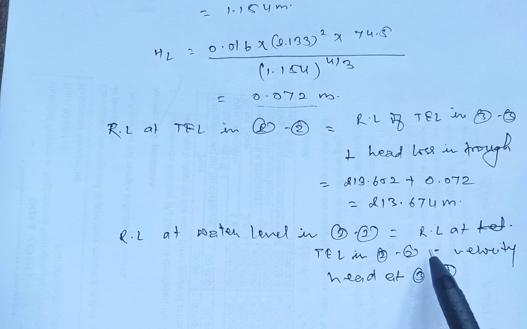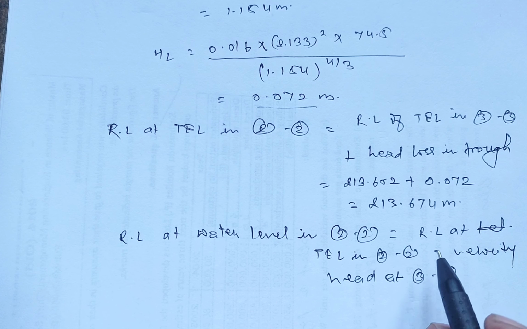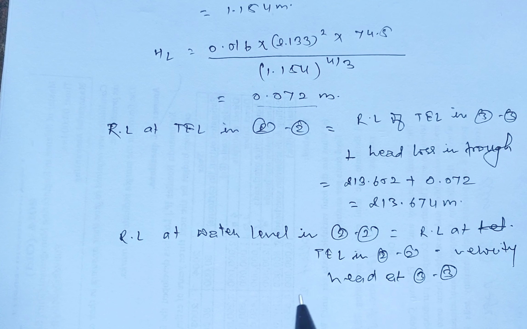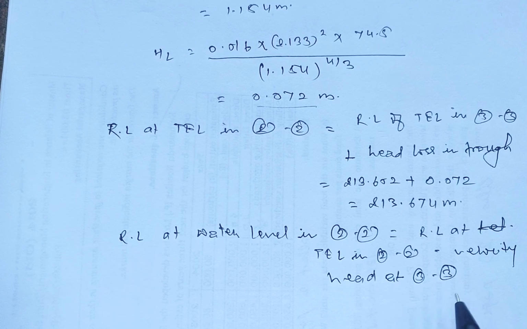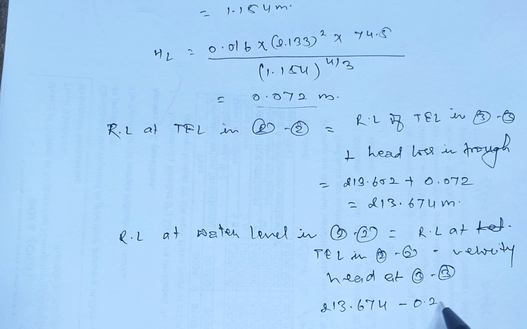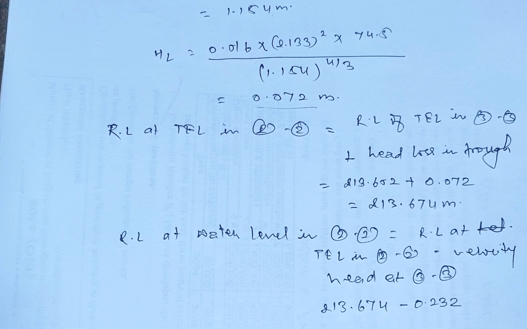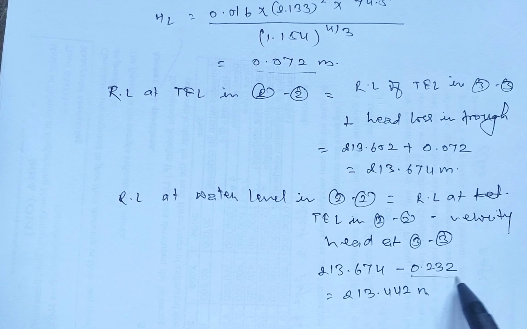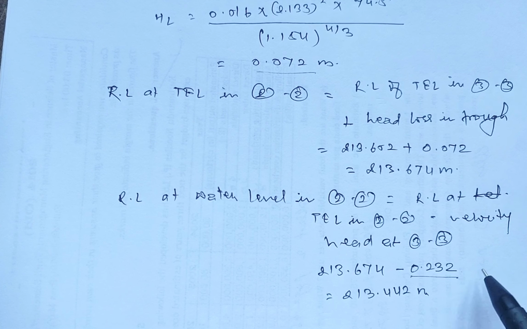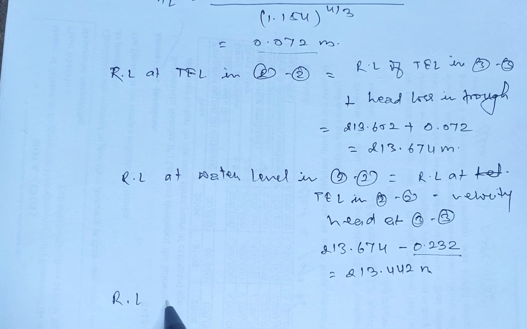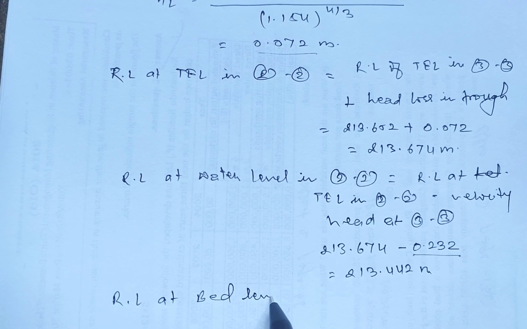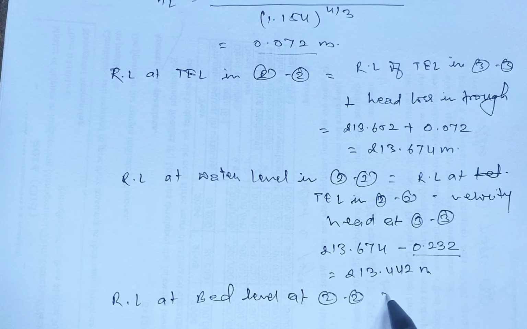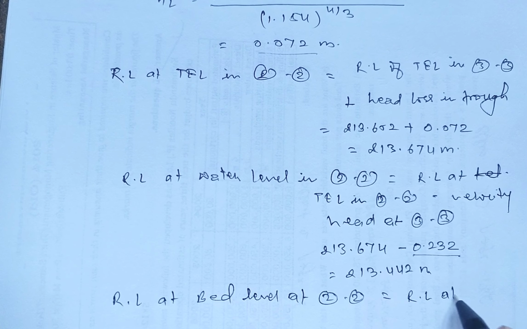As the velocity at section 2.2 and section 3.3 is the same, the velocity head at section 2.2 and 3.3 is also the same, that is 213.674 minus 0.232 equals 213.442 meters. This value is already calculated in section 3.3. Now in the next step we'll calculate the RL at bed level at 2.2 equals RL at water level